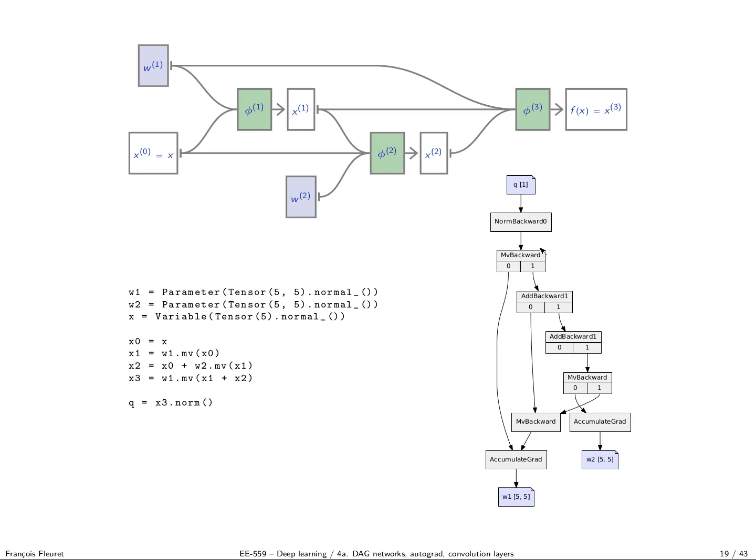So this really shows you what the backward path is for this complicated model, for this series of operations. If this describes my forward path, this is what my backward path looks like.